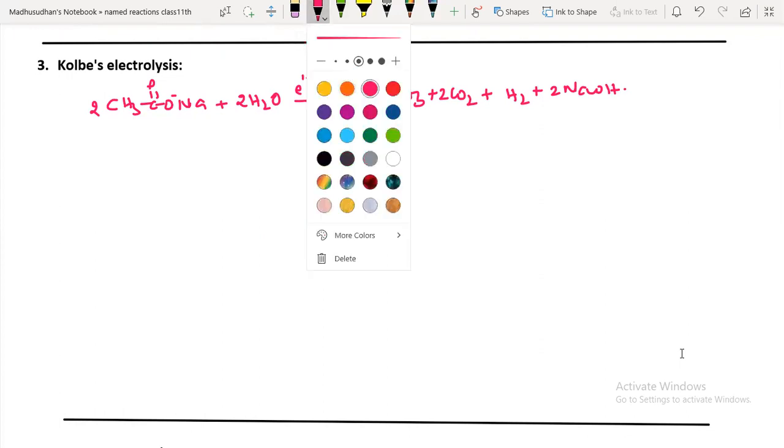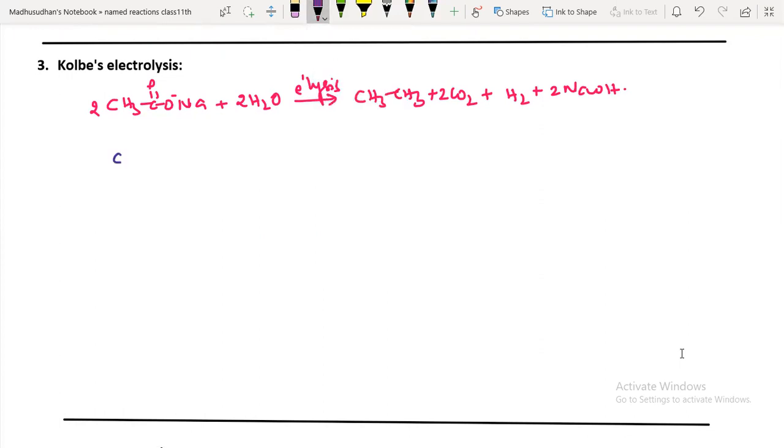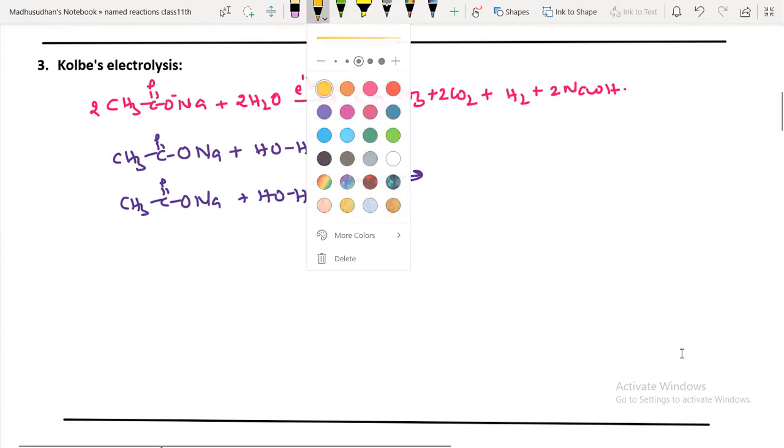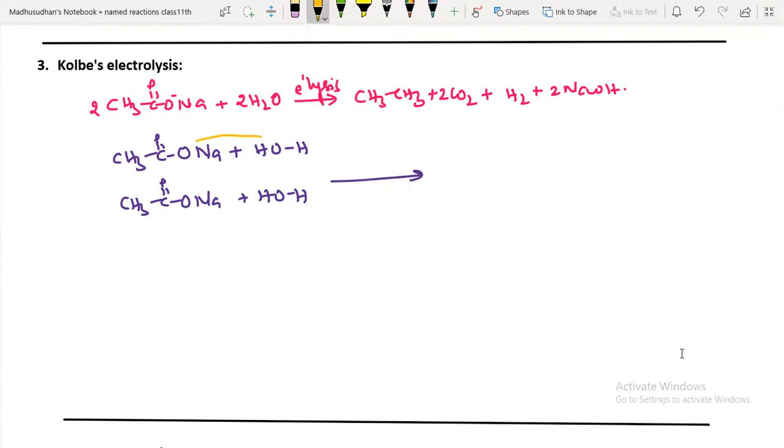In this, how it actually takes place, let's see. CH3COONa, right? Sodium salt of carboxylic acids on reaction with water. So water I am writing like this. A new C-C bond formation takes place in these reactions. On electrolysis, what happens? Let's see that. Okay, look at this, guys. 2 moles of sodium hydroxide is going away, and these two get connected. Now, what is the product here? You can write here CH3.